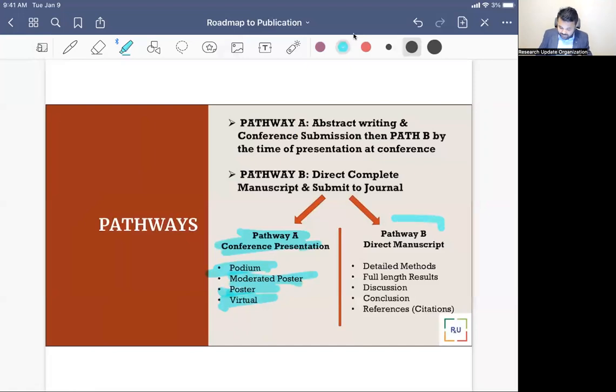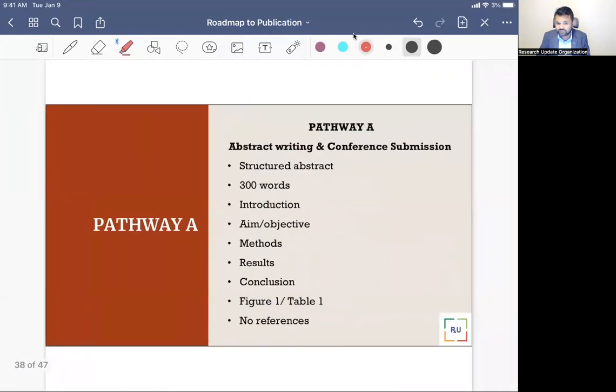Followed by that, we write the manuscript, we complete the method, results, discussion, conclusion, reference, citation, and so on. You can skip your step one and directly go to step two, step B. If some projects are not of that great importance, then we can directly skip pathway one and pathway B. We can just begin with